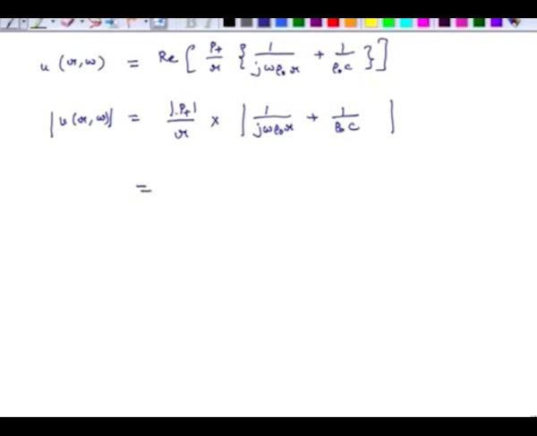Now, the amplitude of P plus is 18 and then this is r, and then I have to take the amplitude of this thing, 1 over z. So, first I will simplify this. What I get in the numerator is c plus j omega r, and in the denominator I get j omega rho naught r c, and this becomes 18 divided by r times